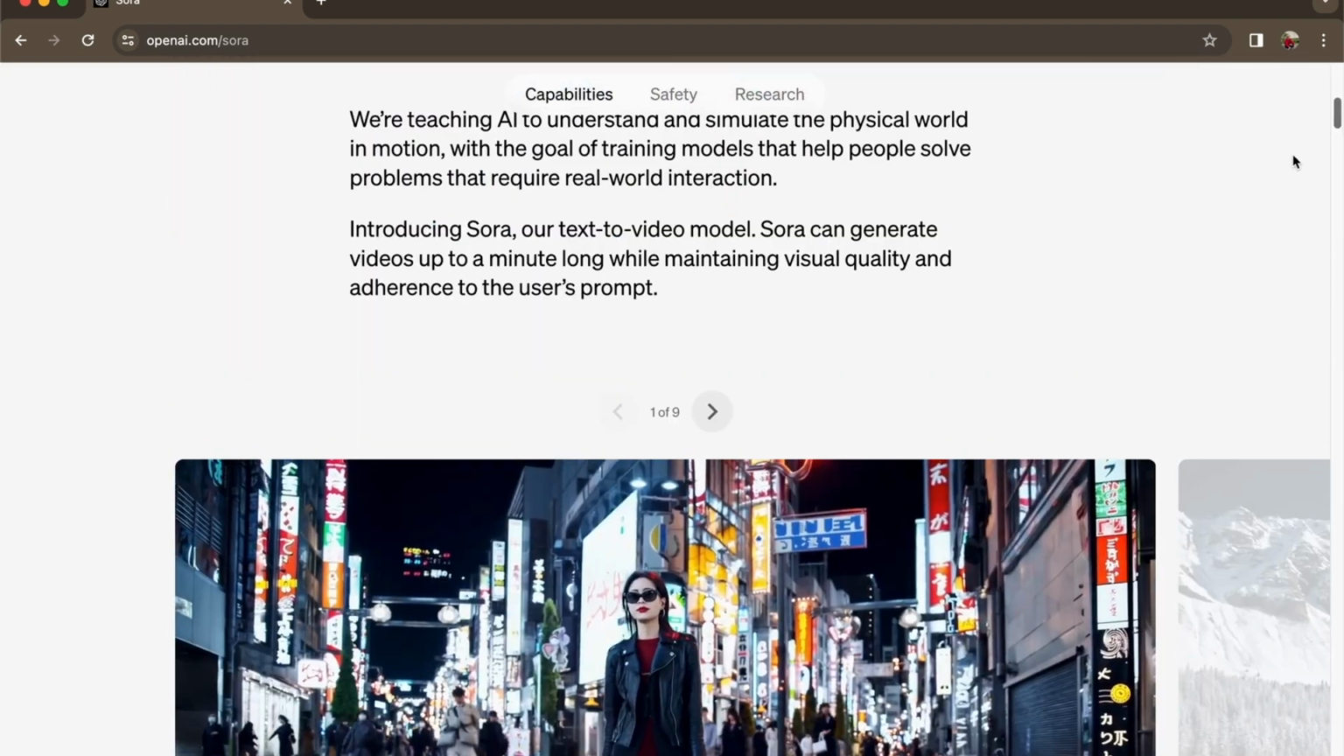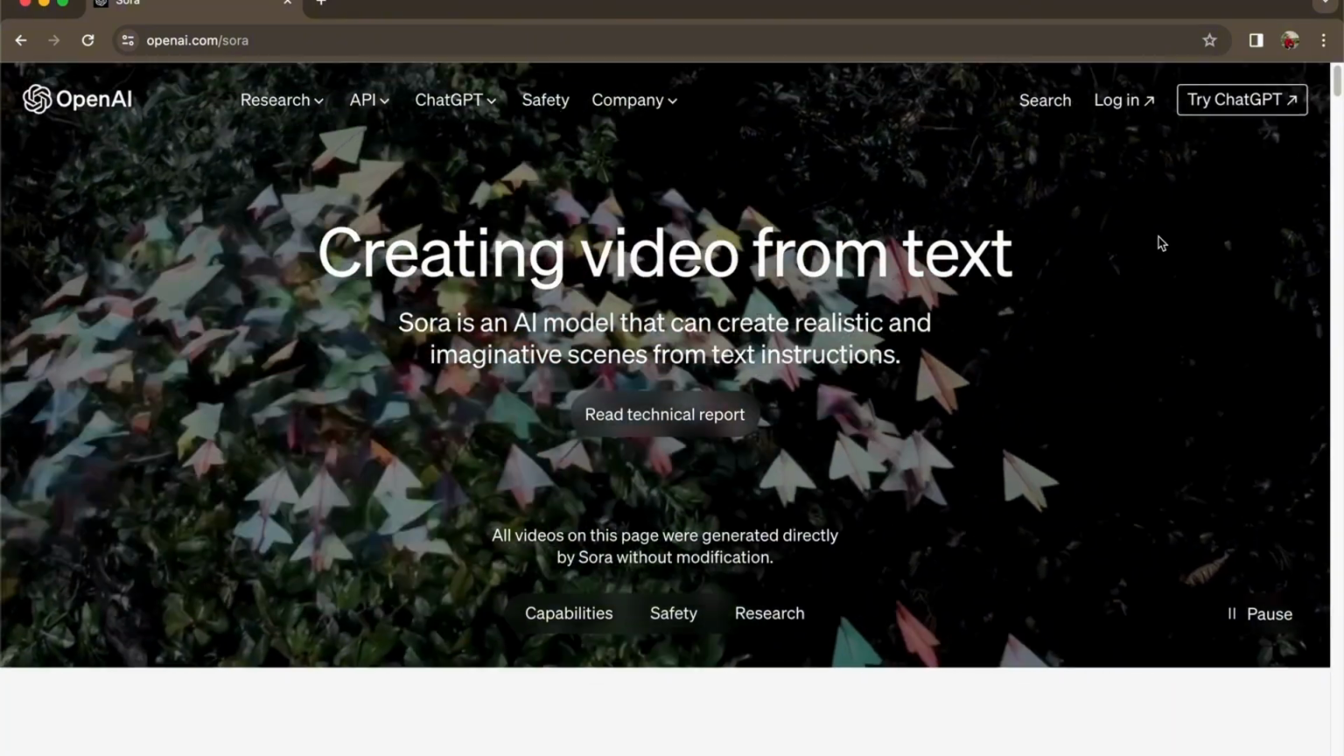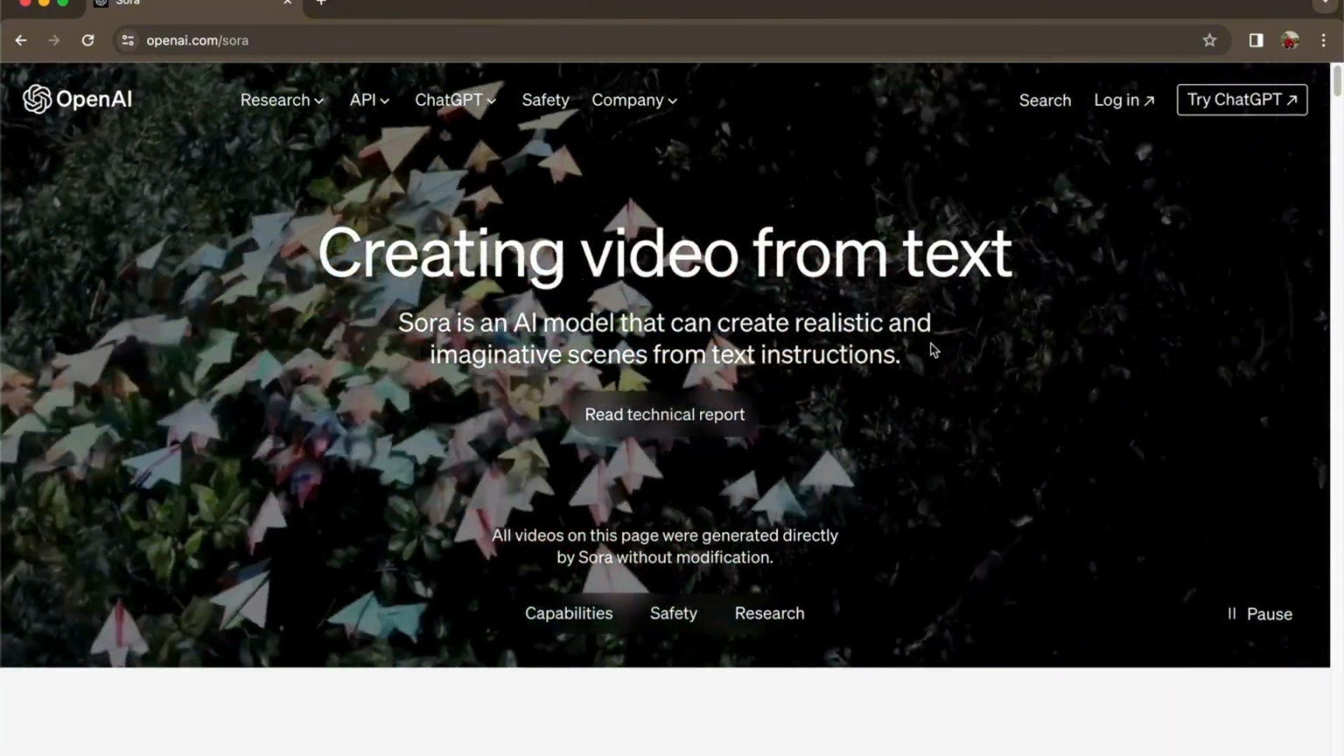So I will update you guys on when to use and how to use Sora AI in the future in